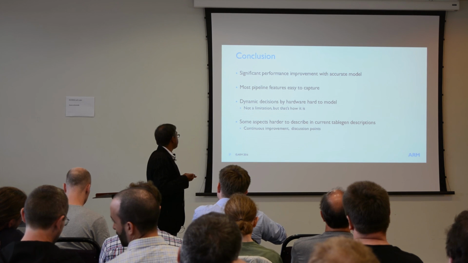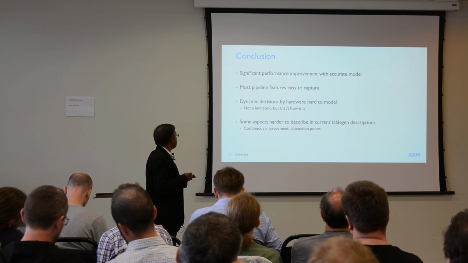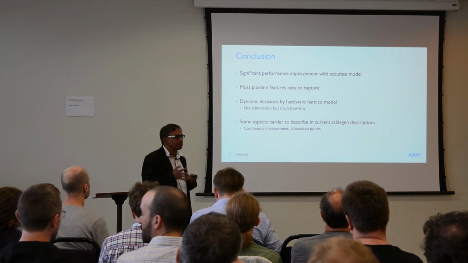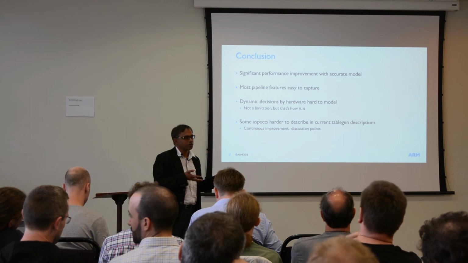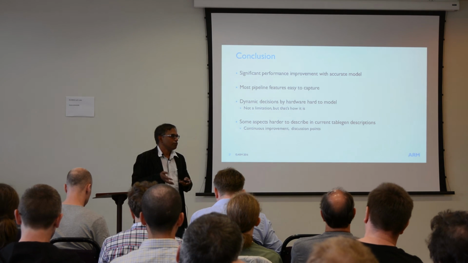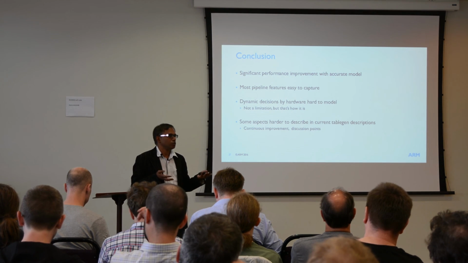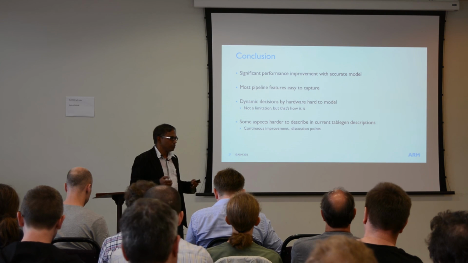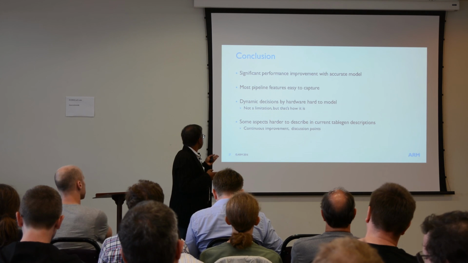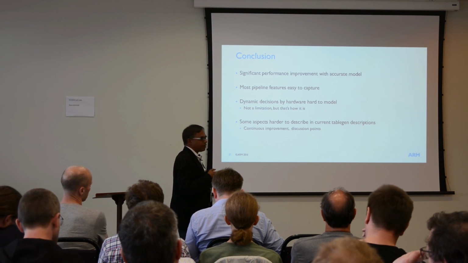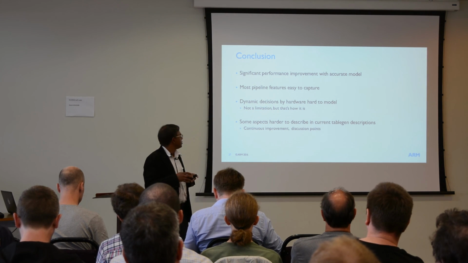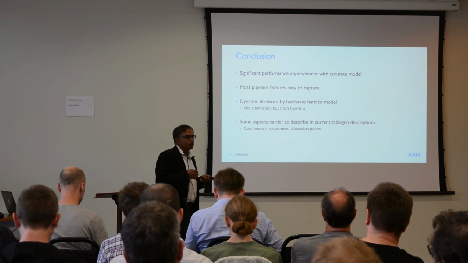Most pipelines are rather easy to capture. Now, there are some parts of the pipeline which are dynamic decisions made by the processor, so there's no way you would be able to really model them, because you don't know how the processor is going to behave. For example, how the cache is going to behave. You may think you have it all tied down, but cache behavior is hard to model. Some aspects of the pipeline in LLVM are harder to describe in the current TableGen description in terms of length of description, etc. So there is again room for improvement. Yep. So with that,